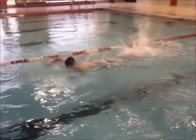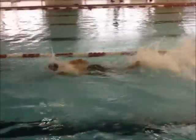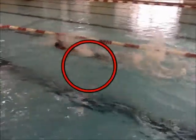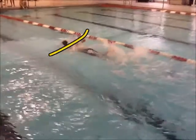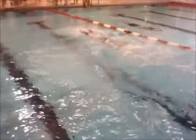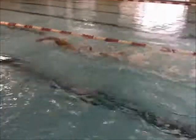This is what happens with a lot of short axis stroke swimmers, freestyle and breaststroke swimmers and butterflyers. So they have a real hard time with these long axis strokes because they're not used to having to rotate those hips, and you can see those hips aren't really rotating too much. You're pulling mainly with your shoulders up here and using those to get the twisting momentum that we need in swimming. So again, just really work on lengthening out that body